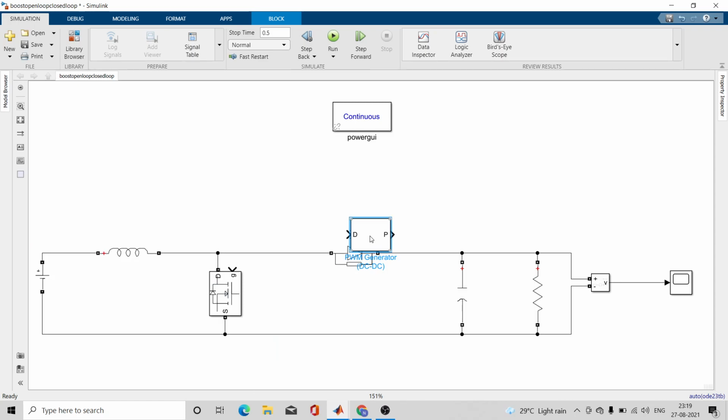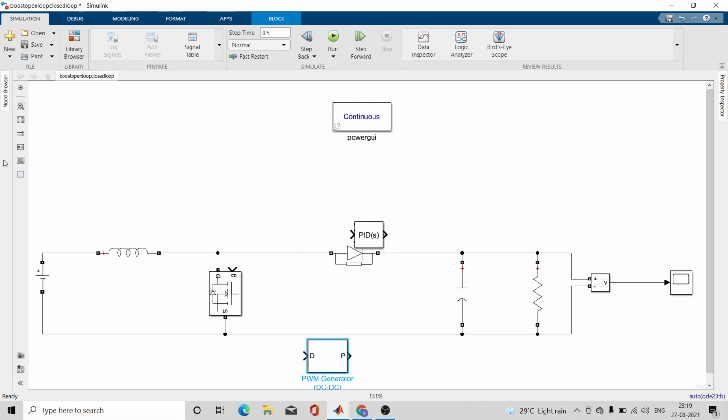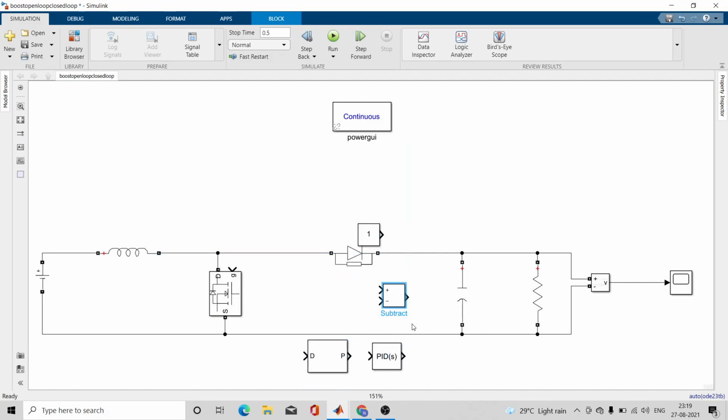Okay, so quickly use the components over here.